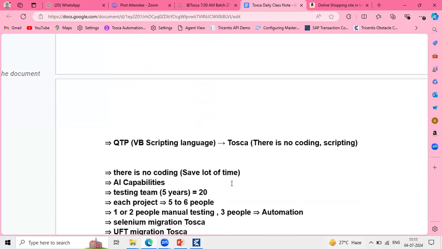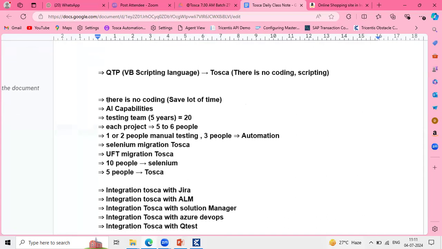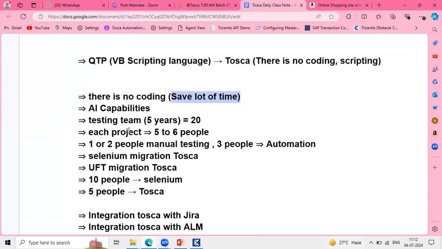Okay. So I just make a note of a couple of things like bullet points here. There is no coding. So if there is no coding, then definitely we'll save a lot of time at the time of developing the script. So now Tricentis Tosca has AI capabilities, team, artificial intelligence capabilities. What is Tricentis doing? Tricentis is always trying to update their applications using recent technologies. So nowadays you can see in the market, everyone is talking about artificial intelligence. So the one and only tool, Tricentis Tosca, is implemented with artificial intelligence features, team.